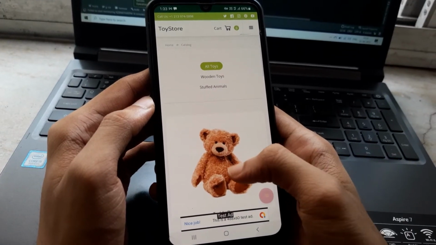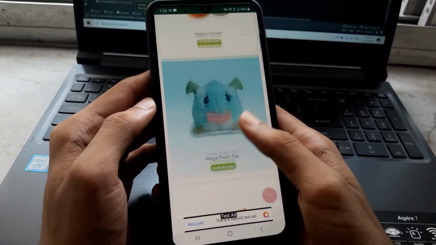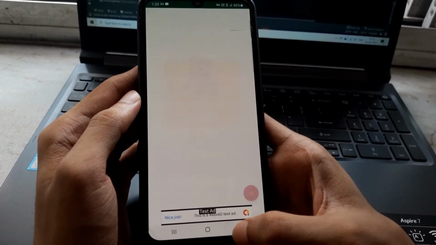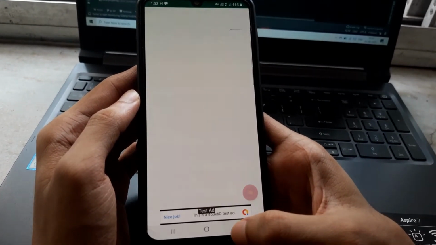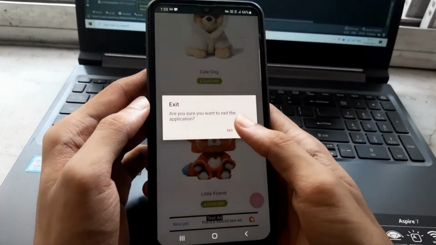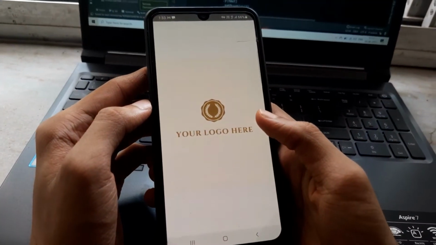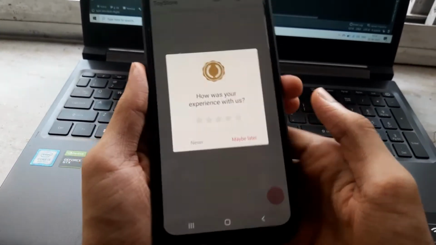Rating your app is the most important part of your app. It will help you in your Play Store ASO. Any changes you make in your website will be automatically reflected in your app. We have also integrated a star rating dialog box. It will prompt your user to rate.